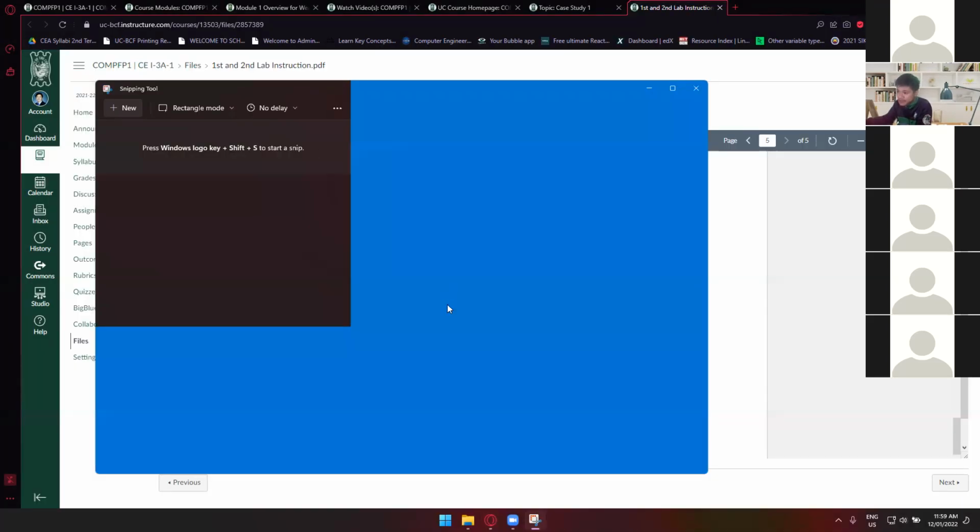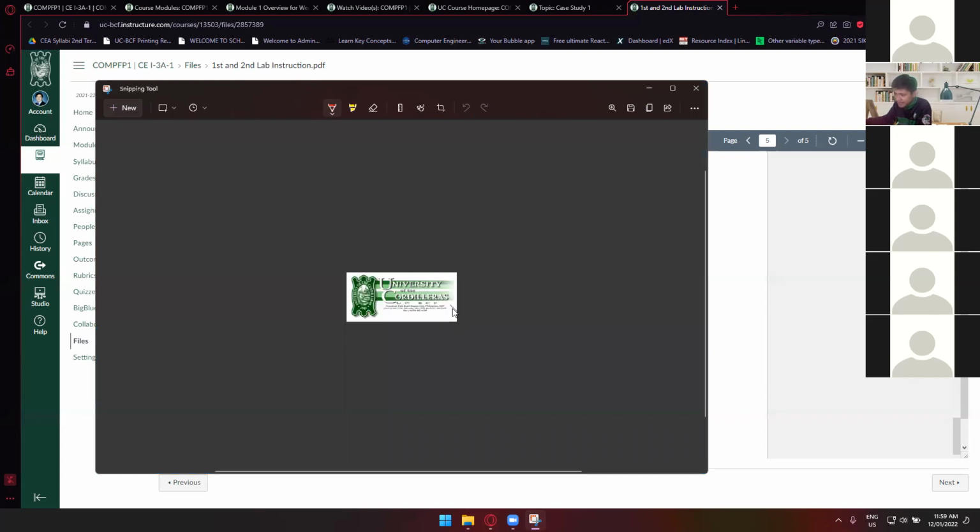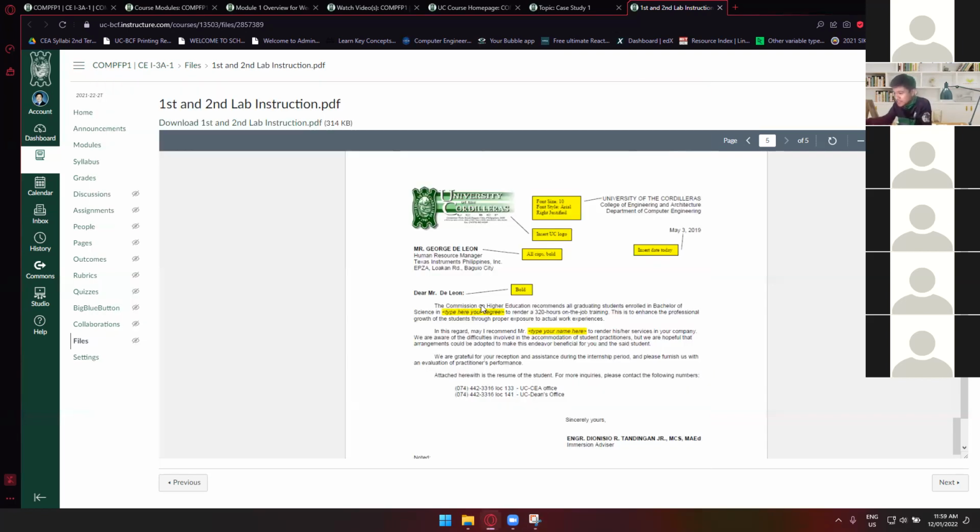Okay, so you can use the paint and edit and then remove that line right here and then just save that one as JPG or PNG. And you can now use that one as your logo. Okay,